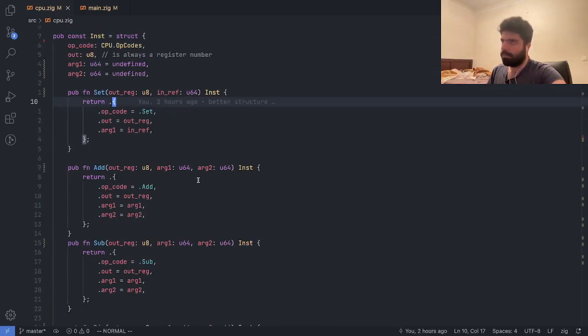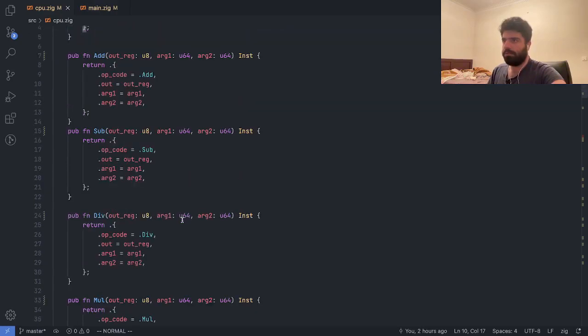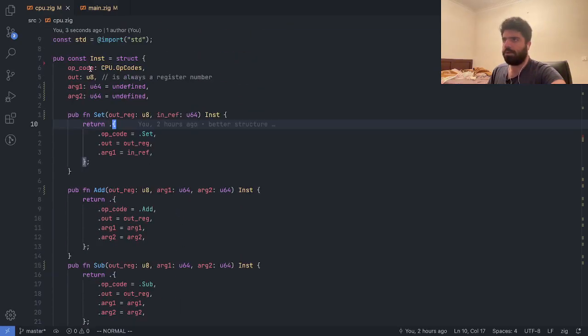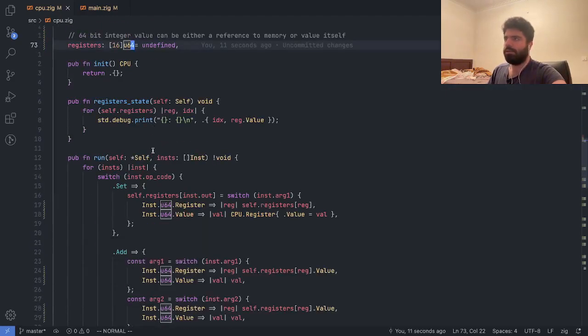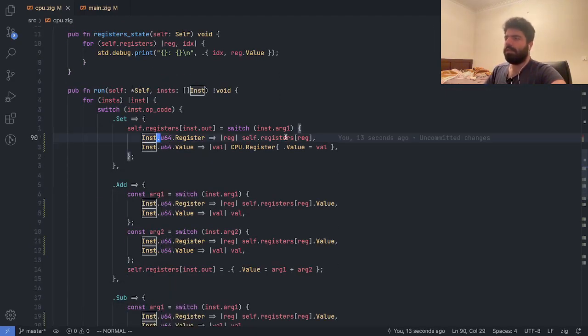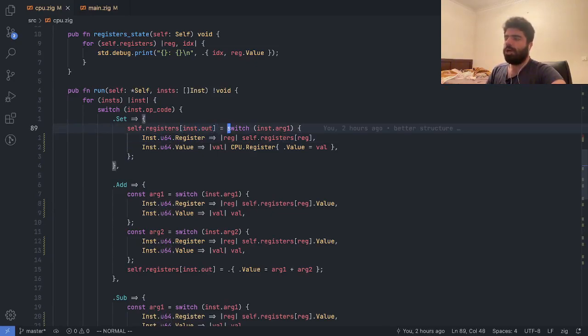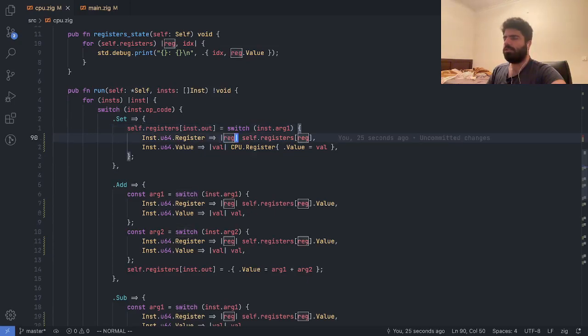So better. So we have the instructions, and okay, these instructions are okay. Now let's come here. So we have the run, and we are not going to switch anymore on these, and I'm just going to use the